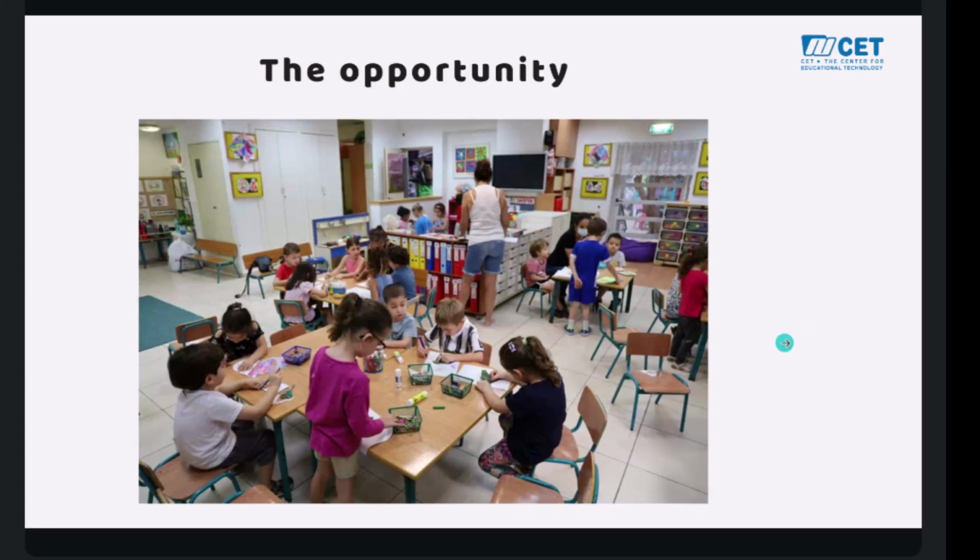As the Center for Educational Technology, our unique value proposition was always to see how technology can leverage human intelligence, human interactions, and pedagogical approaches that we believe in. And so we identified two major opportunities in the kindergarten. One that was obvious after COVID is that kindergarten is where children, little people, socialize.